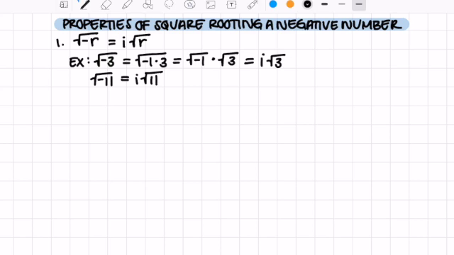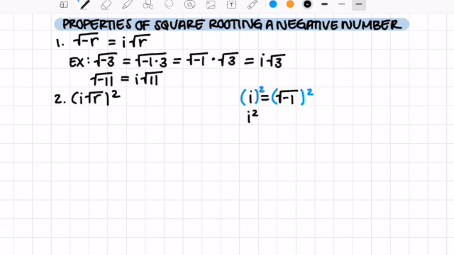Let's check out another property. Another property that we have here is i times the square root of r to the power of 2. So before we even get to this property, let's look at i first. We said that i is equal to the square root of negative 1. If I were to square both of them, if I were to square this square root of negative 1 and square this i,